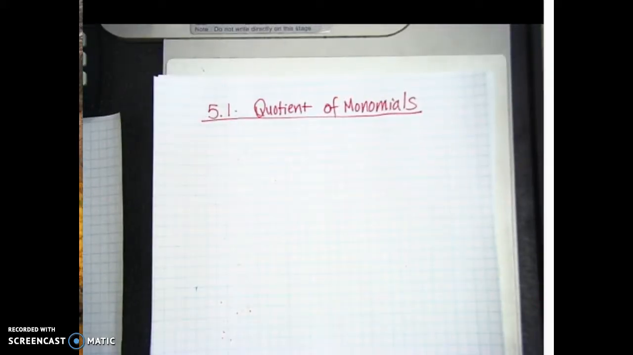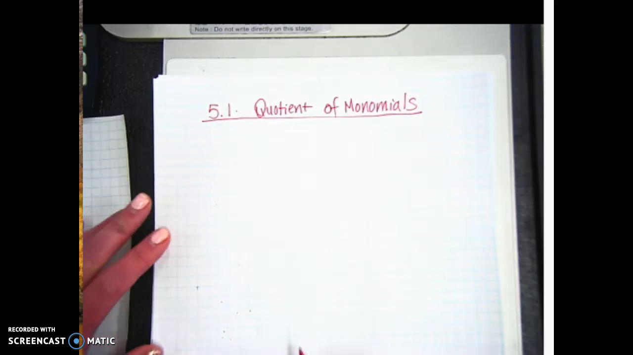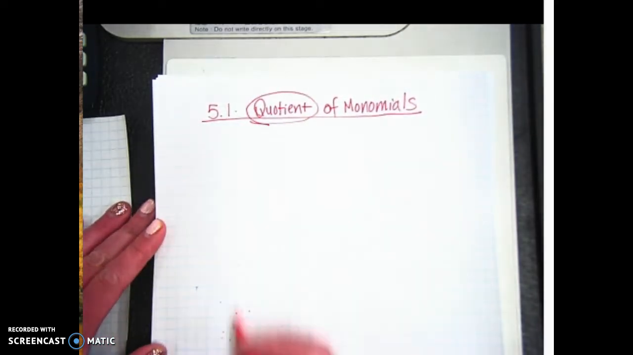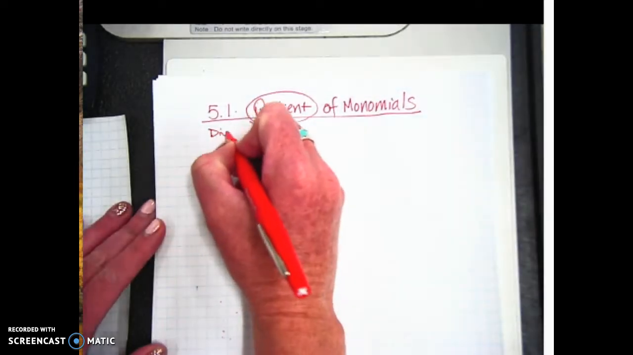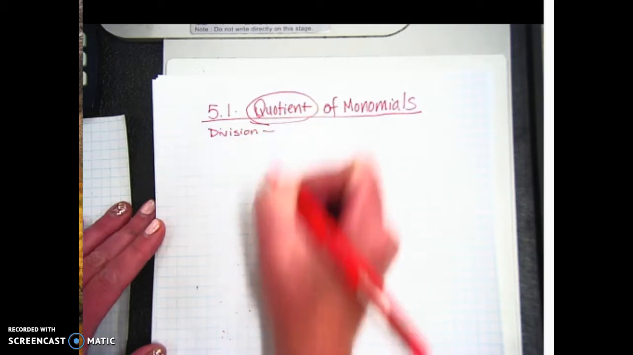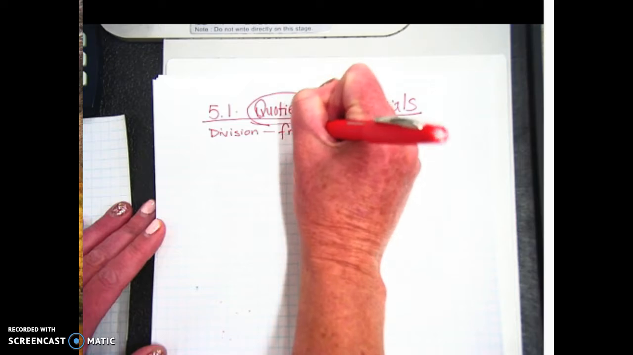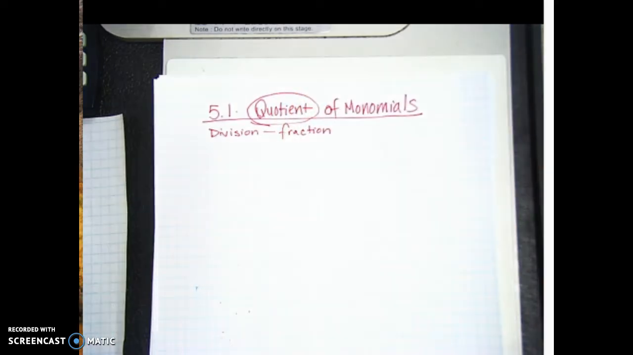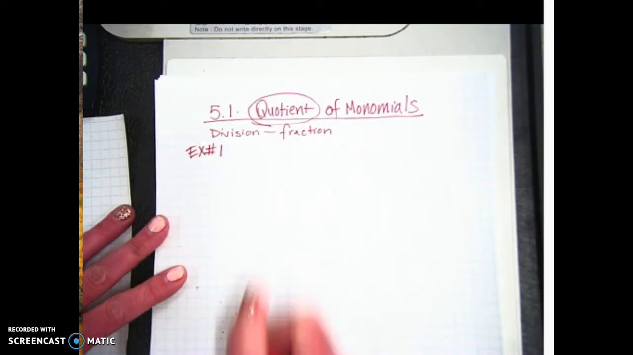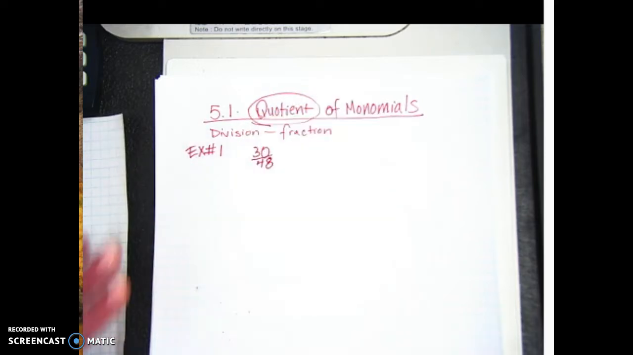Okay, so today we're looking at 5.1. It's called Quotient of Monomials. So what is this word quotient? Divide. Okay, so one way we show division is by using a what? A fraction, right? Okay, so if you have a monomial that looks like, example number 1, 30 over 48,